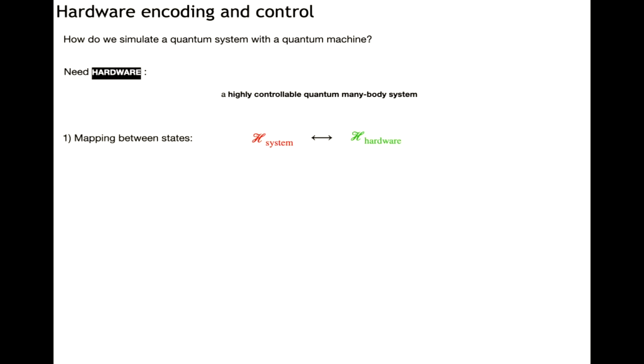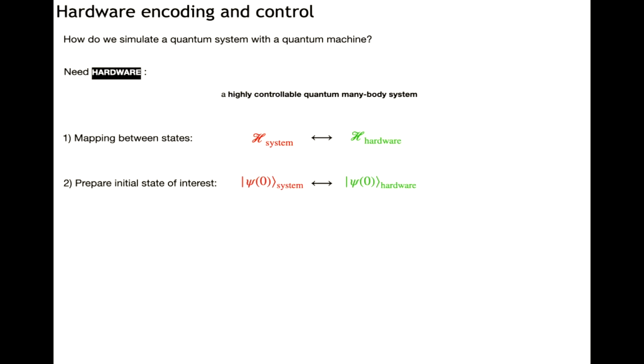First things first, you have to essentially encode the states of the system of interest in the states of your hardware. So you need a mapping, a correspondence between the states of the system of interest and the states of your quantum particles. This mapping can be more or less obvious, more or less direct, right? In some cases, it's very direct. In some cases, it's very convoluted, very abstract, and you need some imagination to build this correspondence. But it doesn't matter. You just need one correspondence between the two,